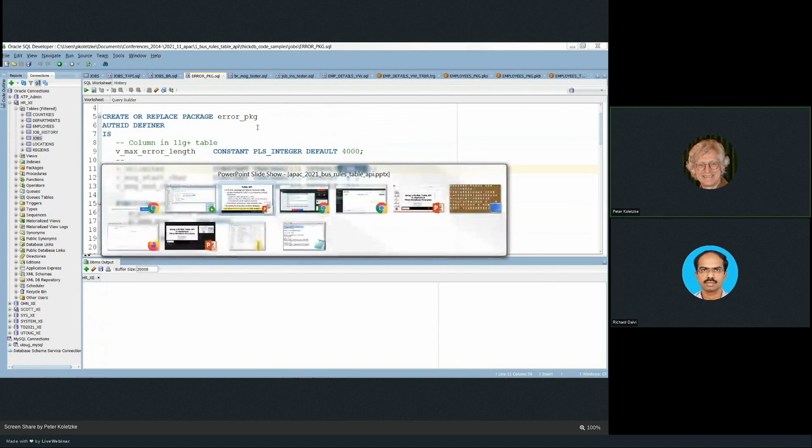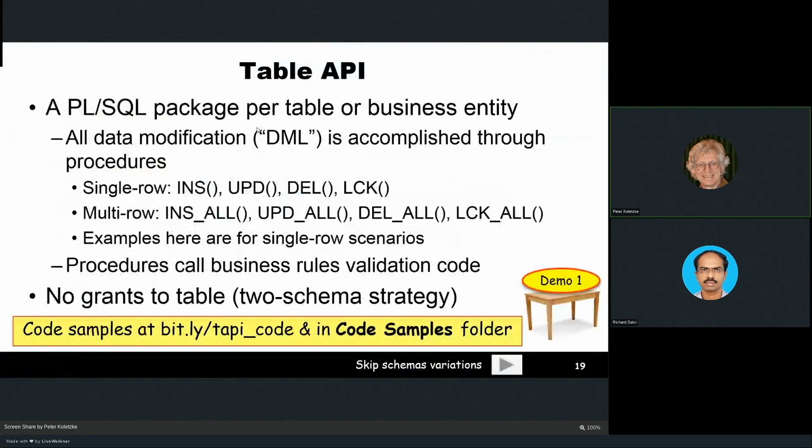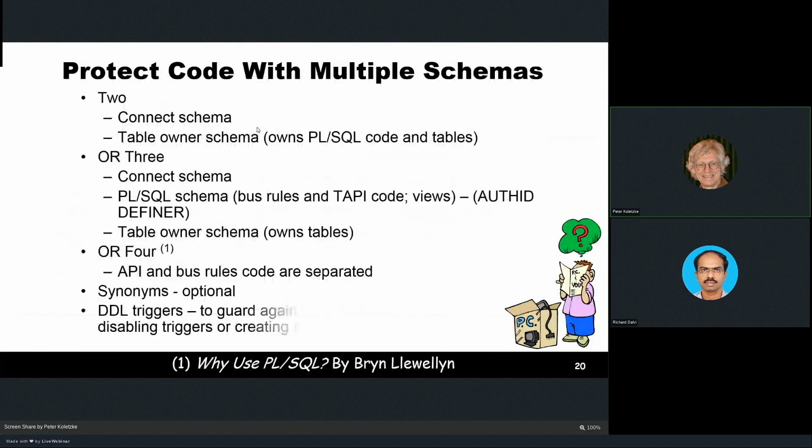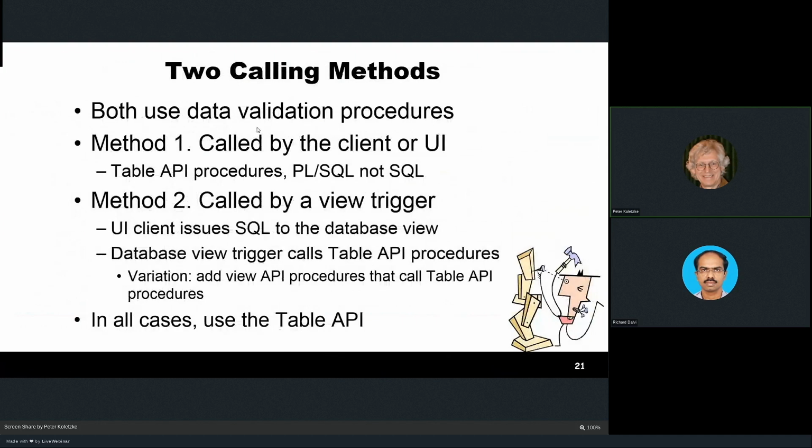But let's go back to the slides briefly, and we'll go through some more detail. Oh, so that's the schemas thing, which I'm not going to go through right now. So the two calling methods that I've used for calling the table API both use these data validation procedures that I showed. The first one, you're calling it directly from the client or the user interface, the table API procedures, and using the procedures, not direct SQL statements, not select, insert, update, delete statements, but calling the procedures,